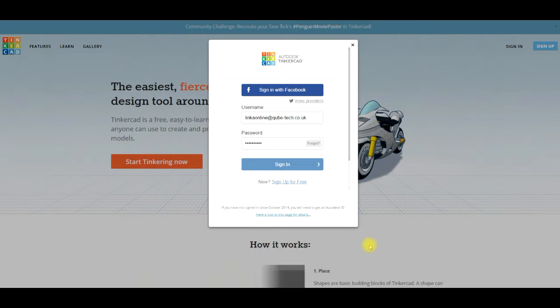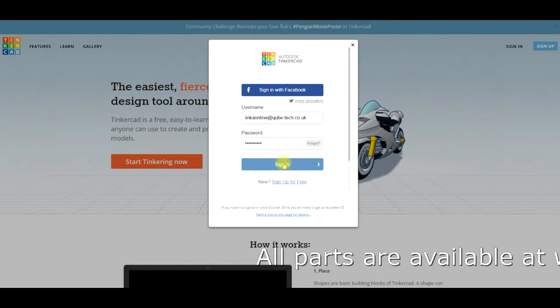Today we're just going to quickly look at getting started with Tinkercad a little bit more in depth and getting your files onto your board. So go to Tinkercad, click the sign in button here, type in your username and password, which you can set up a free account and everything's kept online. Click the sign in button,